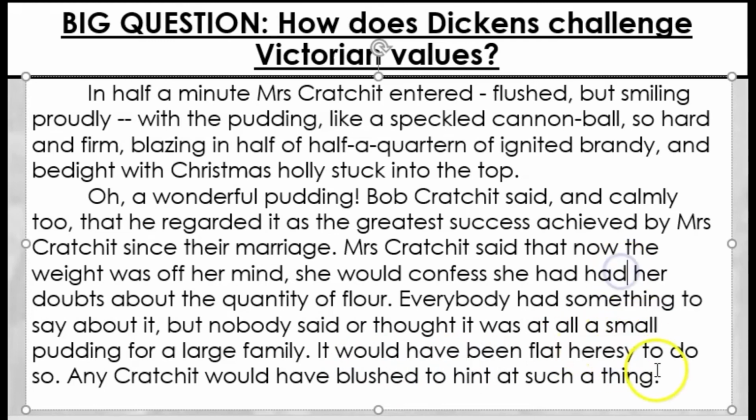Heresy is like not believing, going against God. Being a heretic is someone who disagrees with the common views. So they wouldn't do such a horrible thing. To them, it would be almost anti-religious to criticize the family dinner because they know how much love and care the mums put into the food. So they're not going to make fun of it or criticize it in any way.